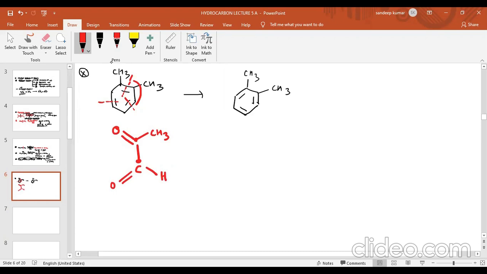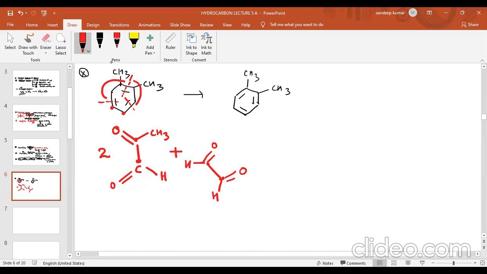Now see the another product. Another product is this one part. As we can see, this part and this part both are same. Therefore 2 moles of this product are obtained. Now see another. The another part is basically this carbon atom and this carbon atom. So 2 carbon atoms are there. So write this as it is. When a pi bond breaks, it means double bond oxygen, also on this carbon double bond oxygen. This carbon atom and this carbon atom. Now the valency will be satisfied by hydrogen. So 2 moles of this compound are obtained and 1 mole of this compound is obtained.